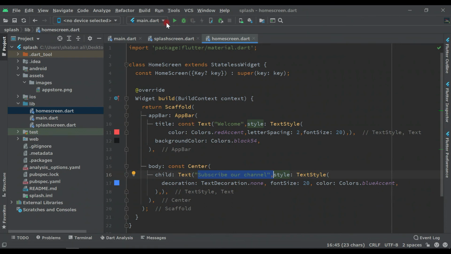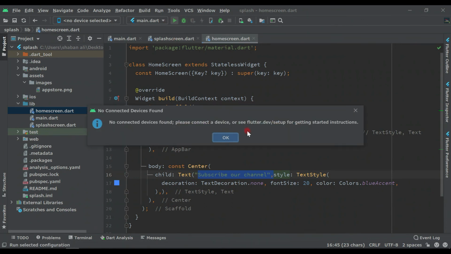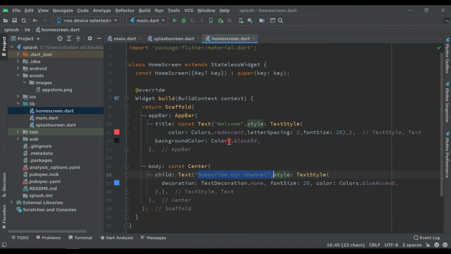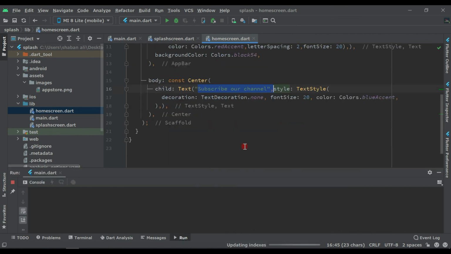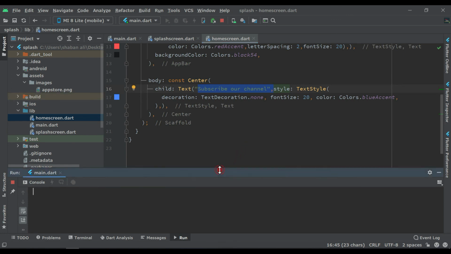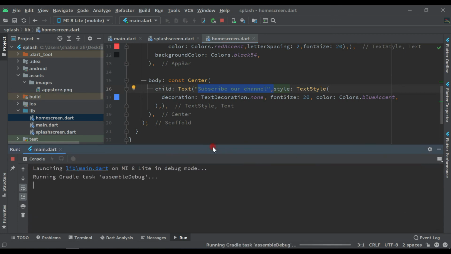So click on this run button, and no device connected, let me connect a device. So I have connected my mobile. Now click on this run button, and as you can see it's starting dev tools. We have to wait a little bit, because when we run our project the first time it takes a little time, and the second time it will not take much time.